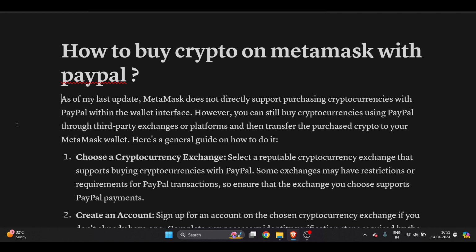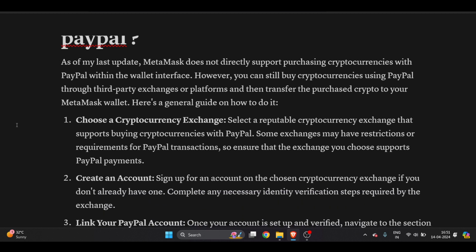How to buy crypto on Metamask with PayPal. As of last update, Metamask does not directly support purchasing cryptocurrencies with your PayPal within the wallet interface. That's why I'm making this video, so everything can be cleared out, and I will explain each and everything